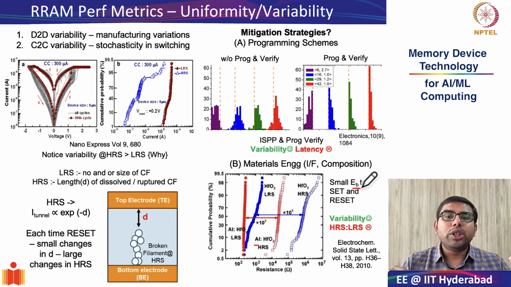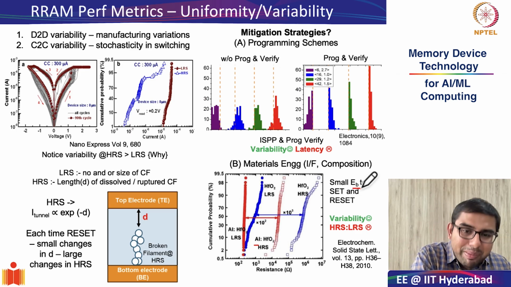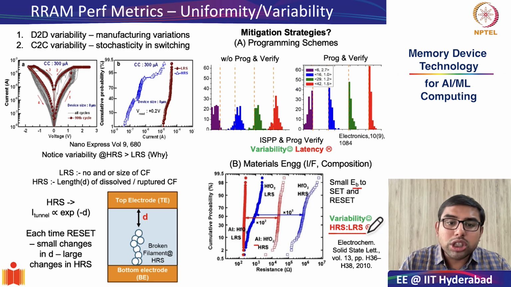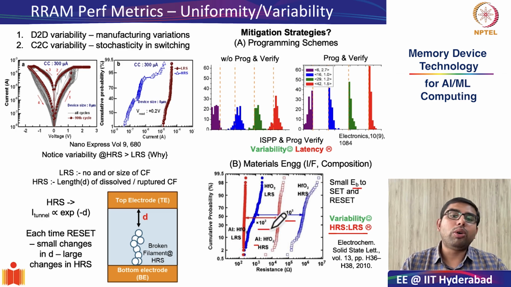Just imagine that you have a jumping barrier, a very high jumping barrier and a low jumping barrier. Now you call 100 people to jump over this barrier. It is more likely that all 100 people will be able to jump through a small barrier as compared to a large barrier. That is why when you reduce barriers for set and reset, the variability in devices generally reduces. However, it does come at the cost of reduced memory window. As you can see, the memory window has shrunk from 10 to the power of 3 to 10 to the power of 2 for exactly the same reasons.